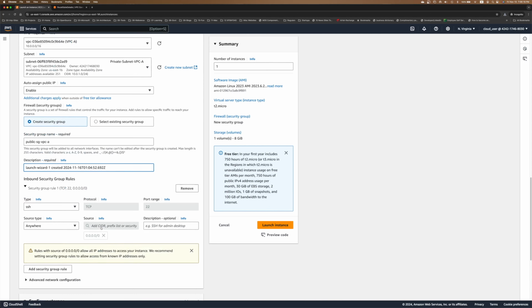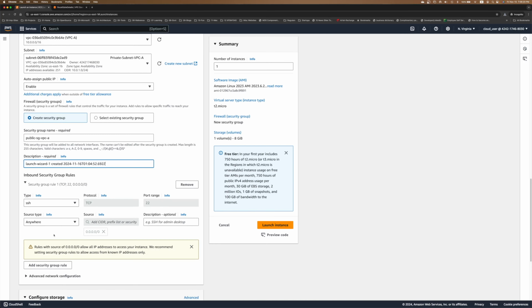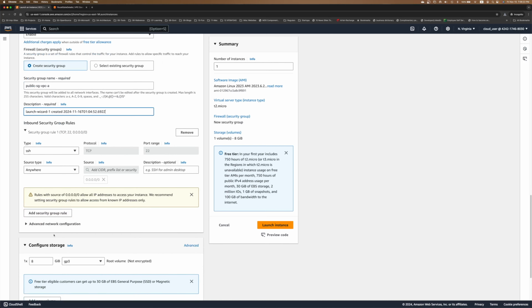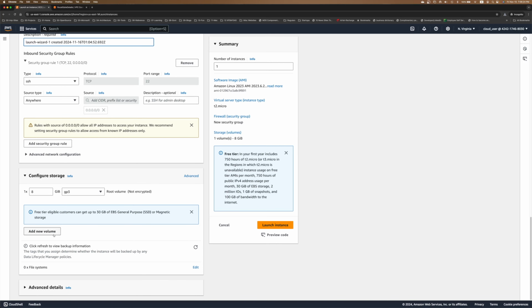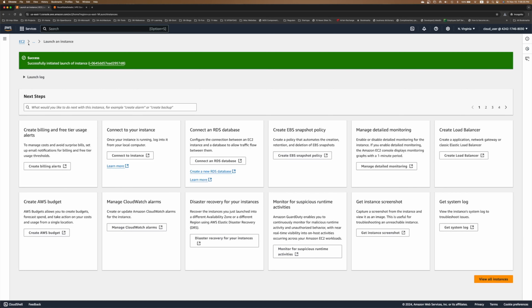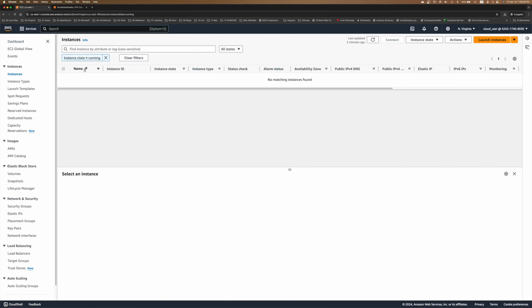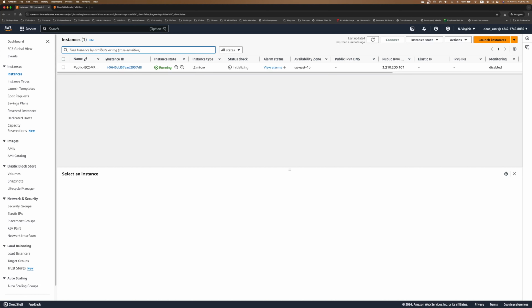I think that is fine. SSH 22 is there. Rest of the stuff looks good. I will launch this instance. Okay, going back to EC2 again. So we have, let me remove the filter. We have one EC2 that is